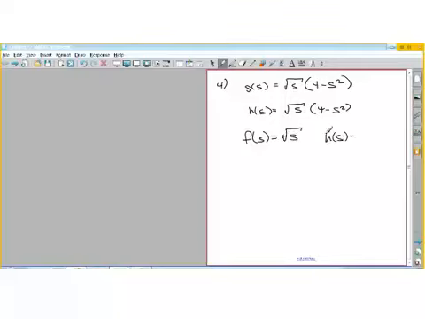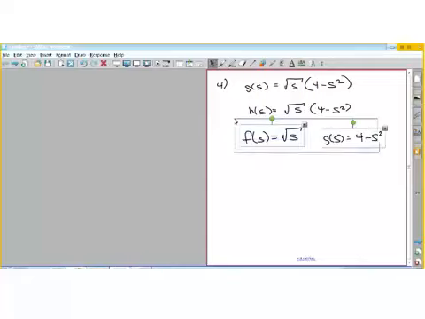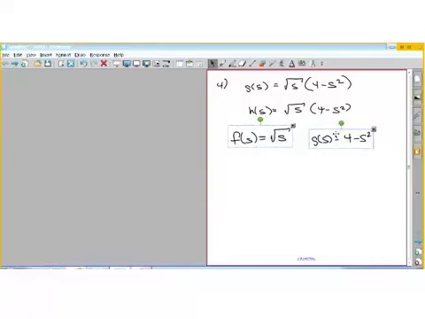The second term, g of s, is the second term in the product. So g of s is 4 minus s squared. If you multiply f of s times g of s, you get h of s. So we take the derivatives,